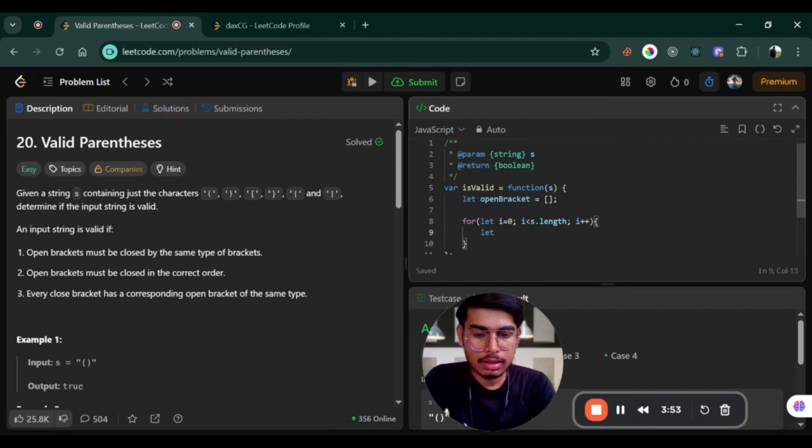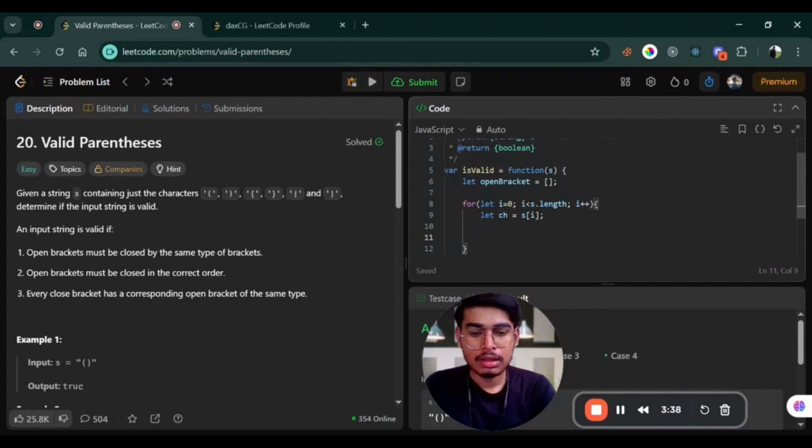First of all we need another variable called characters. I'm taking it as ch. Every index value is stored in ch for further comparison. Then one if condition: if ch is equal to, okay, it, yes,